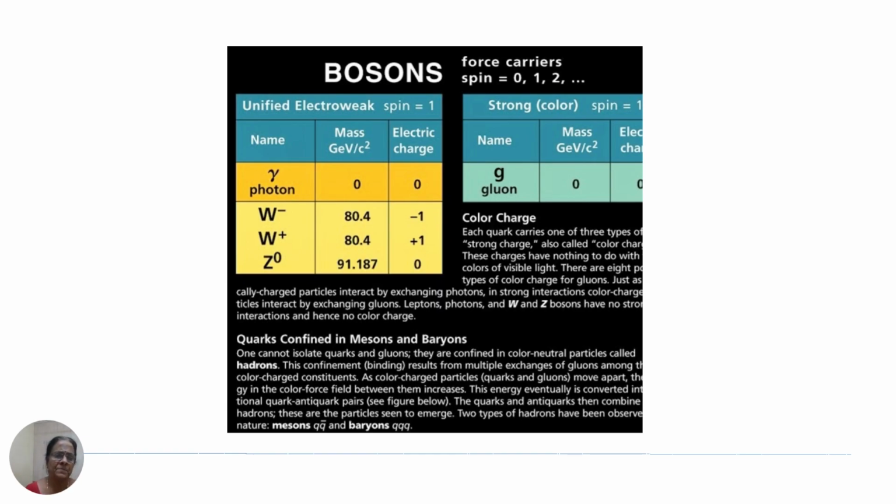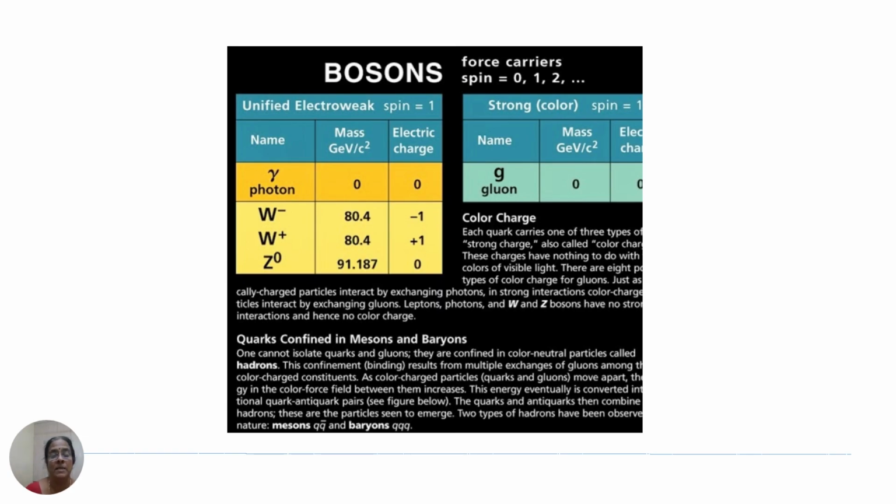And this is the weak part: the W and Z bosons are responsible for weak interaction. Strong interaction has gluons and weak interaction has W and Z bosons. There is a major difference, but there is a similarity also. That is, these two sets of particles